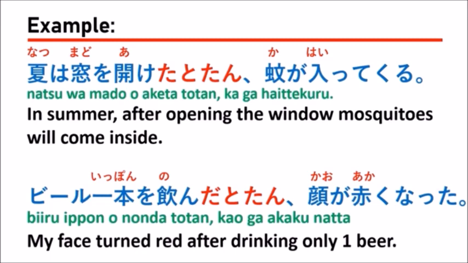Remember that you can use Totan in the past tense and the present simple tense. When you use Totan, you have two situations. The first situation happened, and after that, very soon the second situation happened. And remember that you can use it with the verb only, and every time you use the verb with Totan, you should change